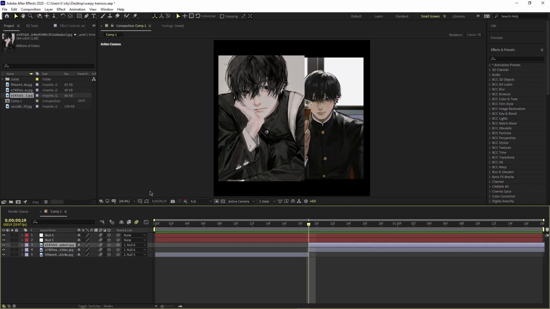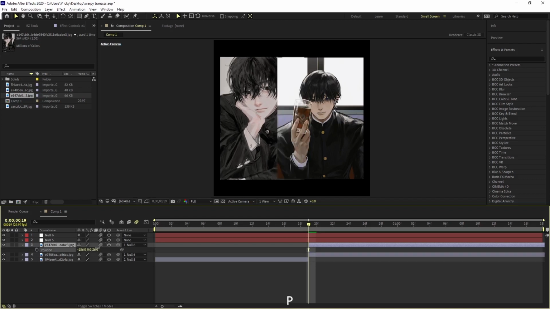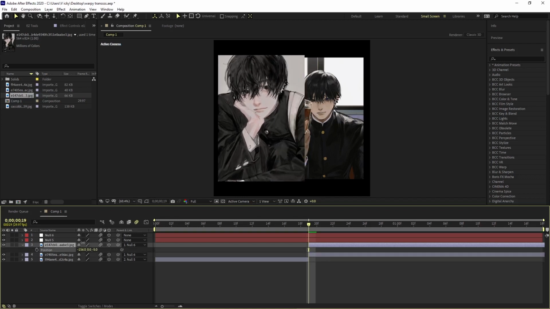And now we have to change the position of our clip that is in the foreground. This is the left clip in my case. I press P to open up the position and we play with the third value. And you see